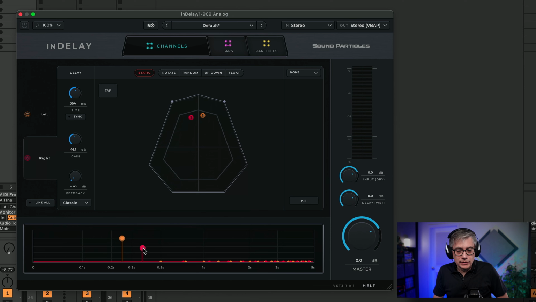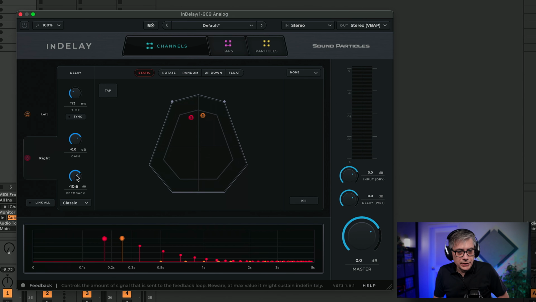And we can actually work with that, so we can move that around, and we can even change feedback settings and gain settings by working with these little handles here, and that's really convenient. So if you want fine tuning, and if you want to see exactly what the plugin is doing, you can work with those directly, or you can simply use the dials here.